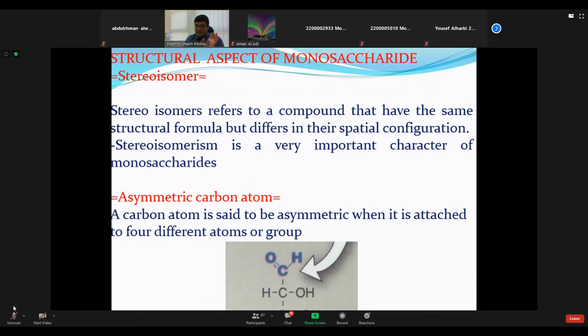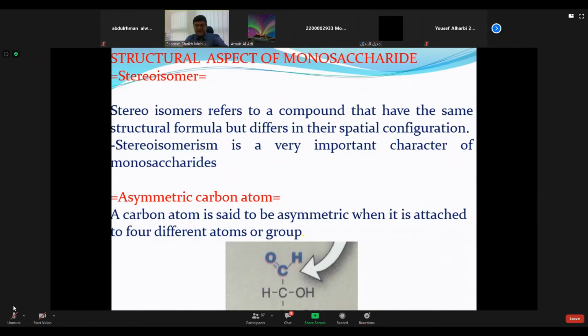That's why it is important. Am I clear? For showing the stereoisomer, this particular molecule should have an asymmetric carbon atom inside the structure. Without an asymmetric carbon atom, there are no stereoisomers. Am I clear, everybody? Yes, you are. Doctor, are you clear about stereoisomer, you clear about asymmetric carbon atom?